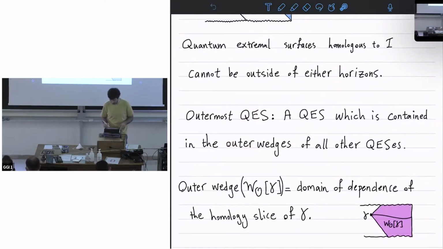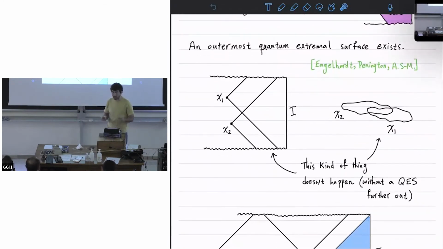Here I have a black hole spacetime and a surface gamma, and its homology slice is this, and the purple is the outer wedge. So an outermost QES is one that is contained in the outer wedge of all other QESs. It makes sense to define this. It's non-trivial to prove that an outermost quantum extremal surface always exists in a geometry satisfying the quantum focusing conjecture. If you were just given some arbitrary Lorentzian geometry with no restrictions on it, you could imagine a situation